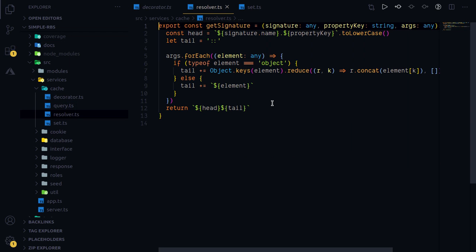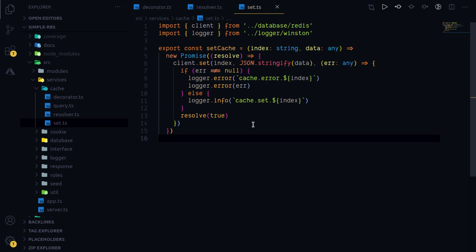This was query.ts. Now the second part is set.ts. Whenever we call set.ts, you just pass it an index and the data. This is also a utility function that we have written above the client.set method, and it allows us to store any information in the memory at a particular index, and this would be the data. Now data is supposed to be a JSON object, so we are using JSON.stringify to convert it into a string, plus the index by default is a string. All right, and if there's an error, we show an error. If there's not, we tell that the cache is set for that particular index.